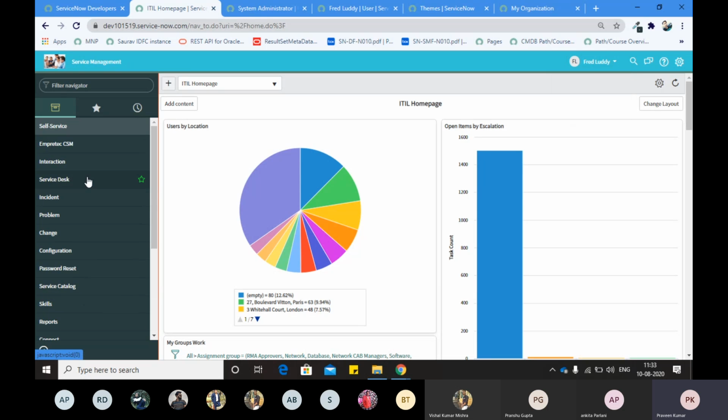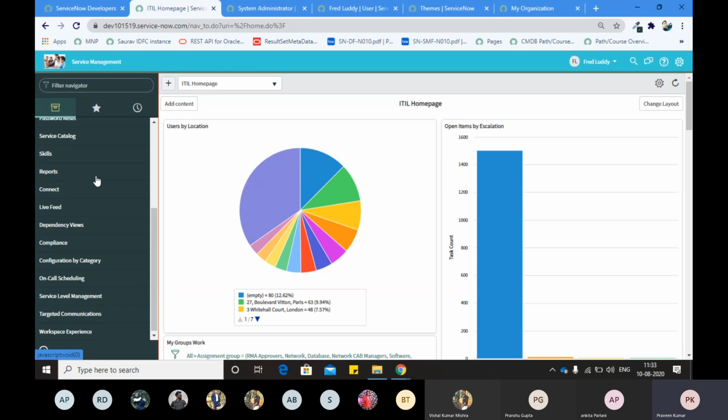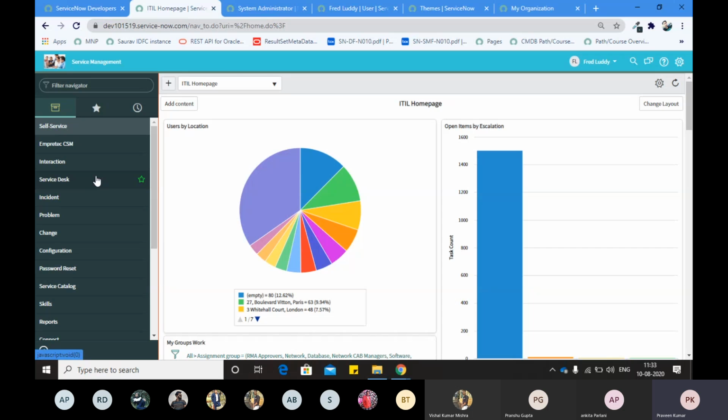You can see, even from the size of this scroll bar, there are fewer applications than were available to the system admin, right? So on the basis of role, it is decided what kind of permissions you have and what kind of permissions you don't have.